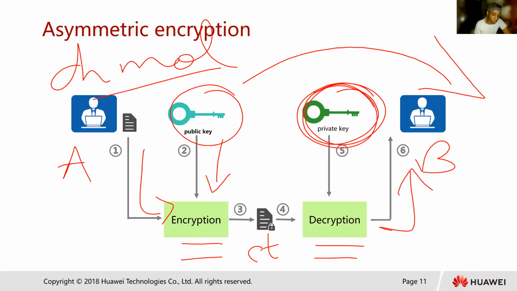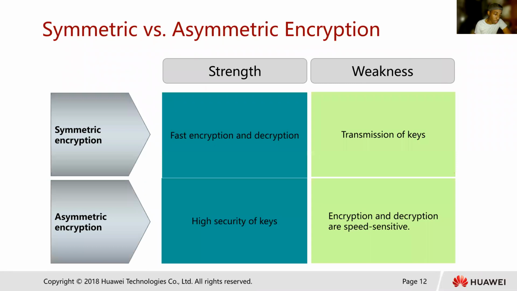Nice. So if you look at the strengths and the weaknesses of the two encryption mechanisms, the strength of symmetric encryption is that it's usually very, very fast. But asymmetric encryption is a bit slow. So the strength in symmetric encryption is a weakness on the other side, asymmetric encryption,